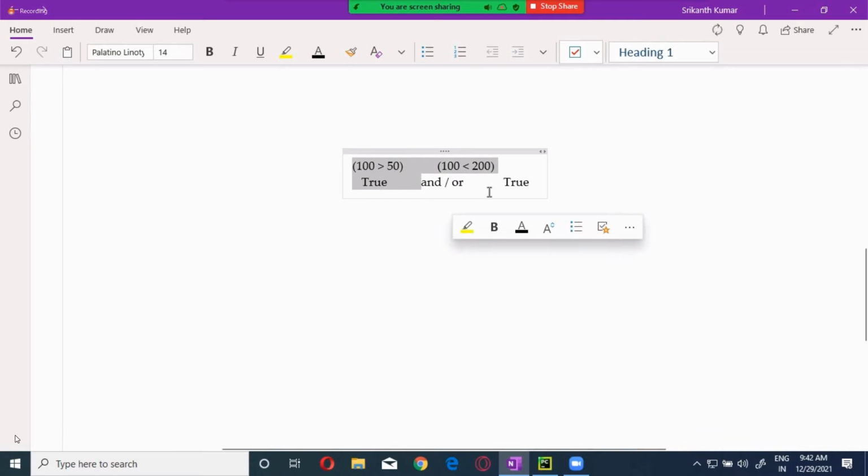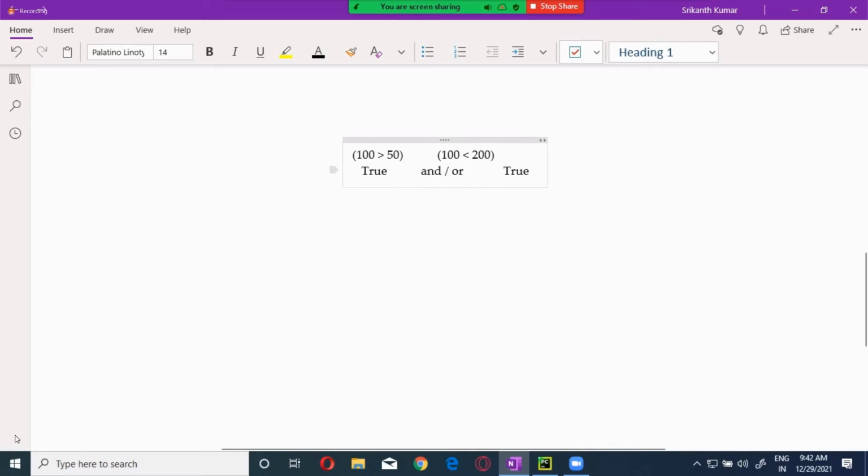Now, how this works: when you take it as an AND, the total output over here is true. Now, if any one is false, then the total output will be false.